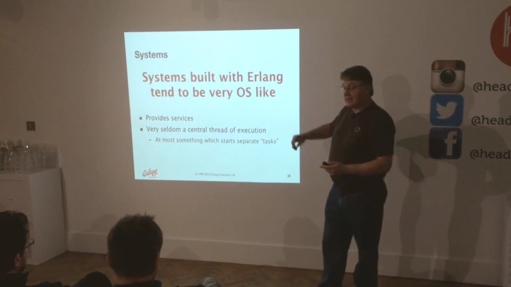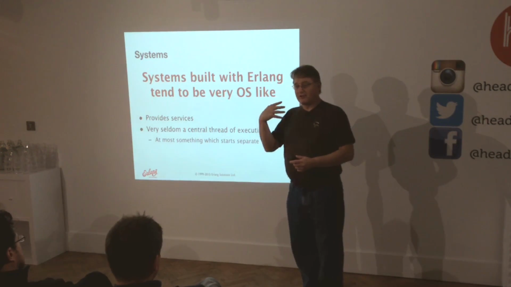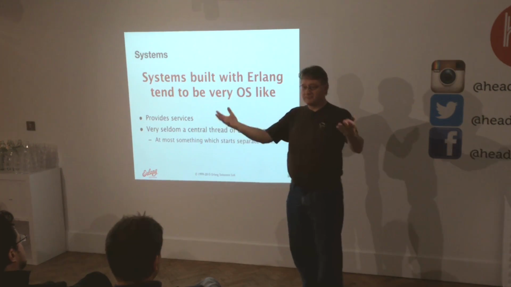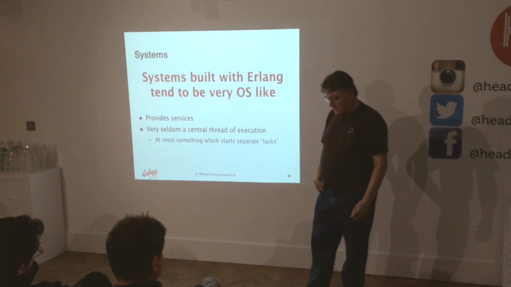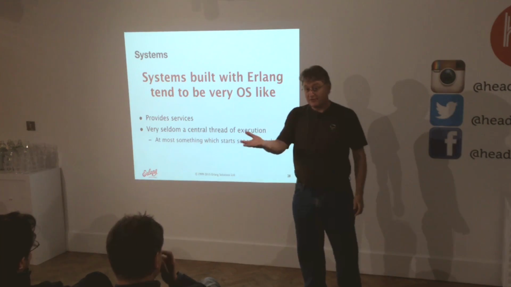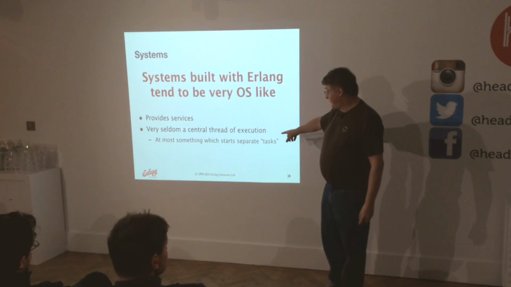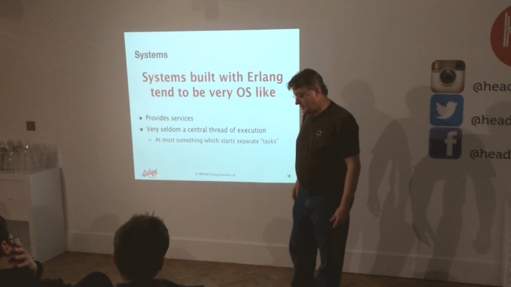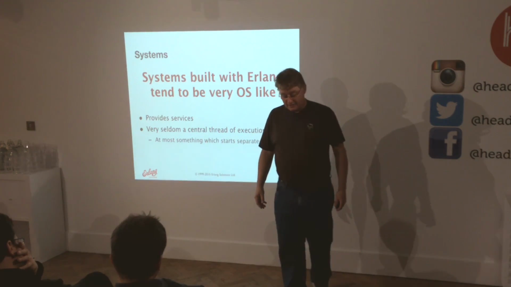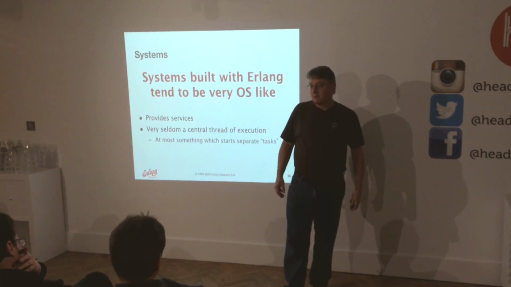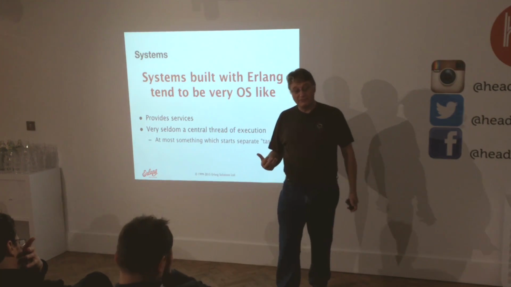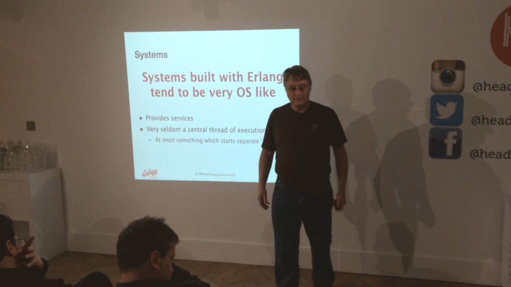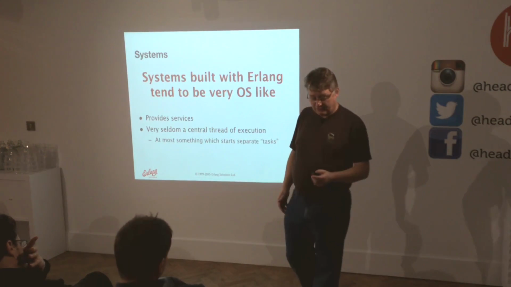And that's typically what you find in Erlang systems as well. There's very seldom a central thread of execution. It's not like I'm running one thing and starting up a few things in parallel as I go. I start up a large number of services, and then I can set up separate tasks for it. Same idea as starting shells. At most, there's something which starts up these separate tasks. For example, if you're doing any form of web server, a very common package for doing that is one called Cowboy, which handles the connections for you. Every time you get a connection, it starts up a new process for doing the connection. And then you do your stuff with that process. But there's no central thread of execution as such.